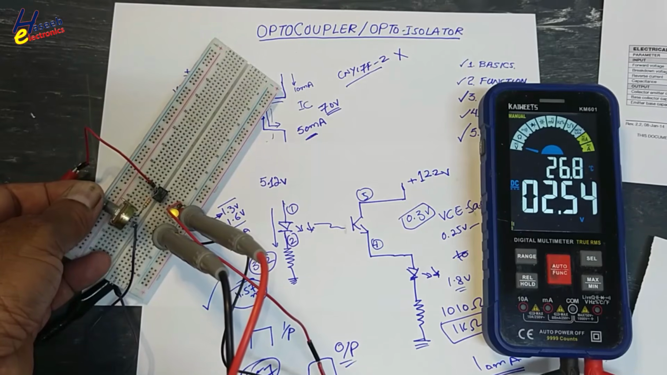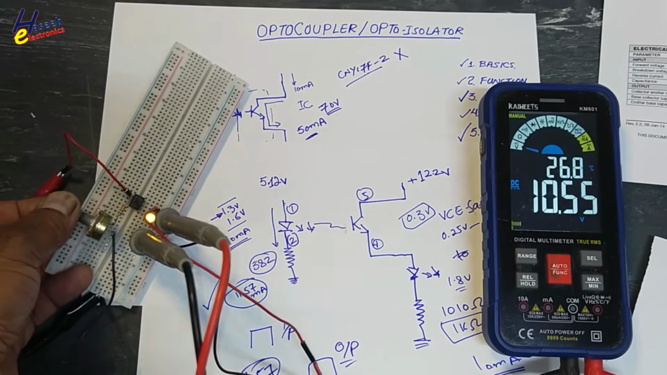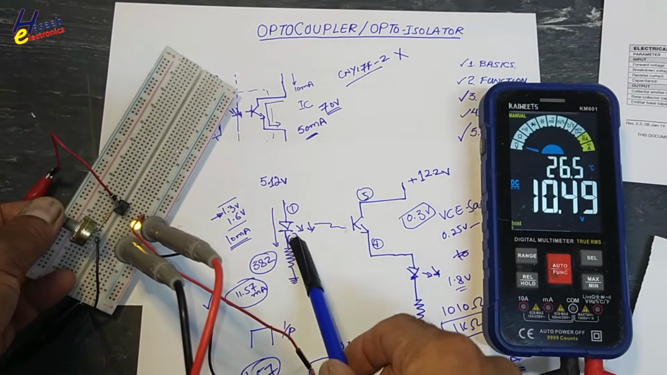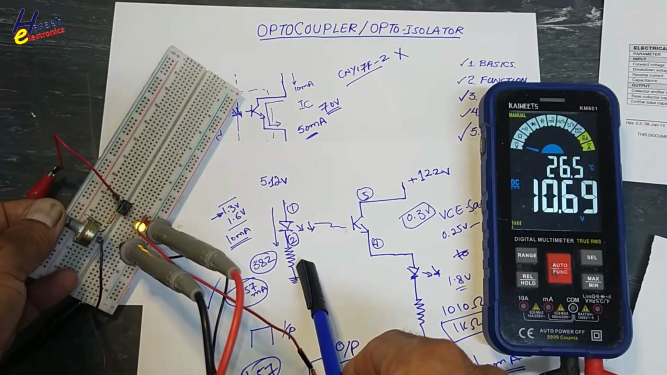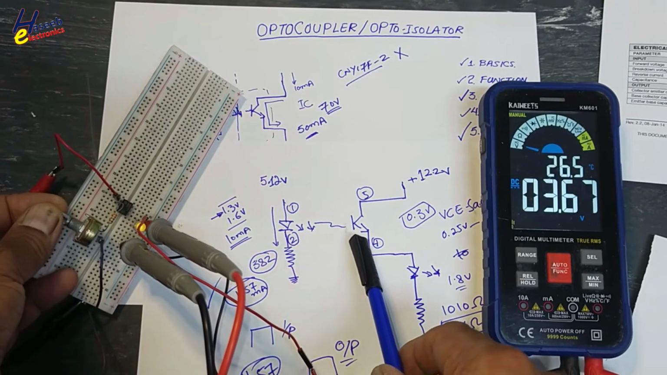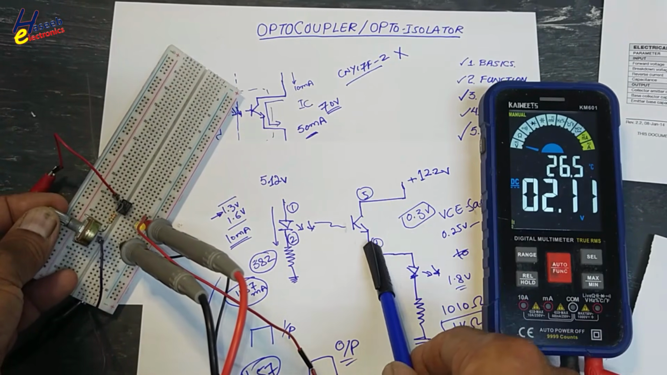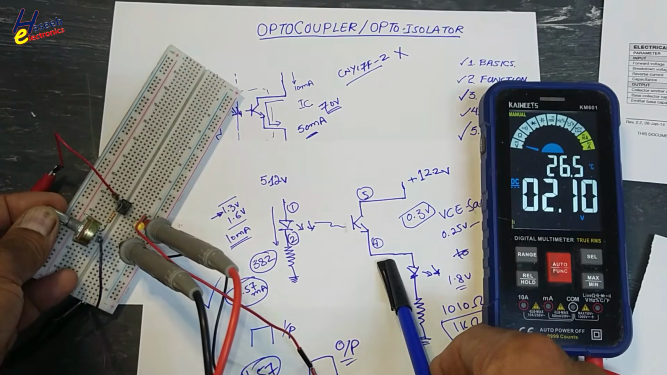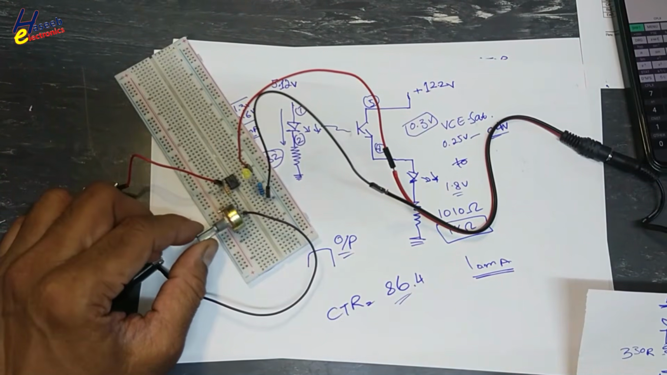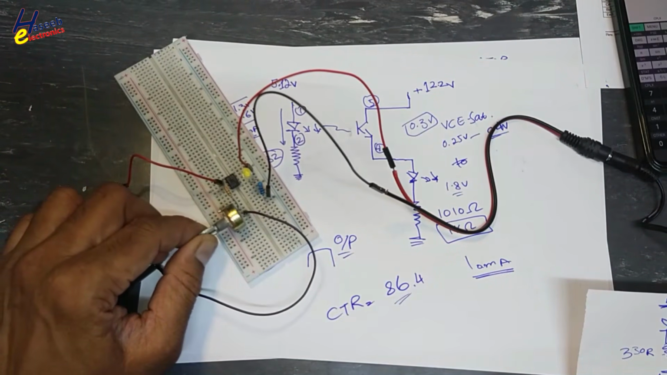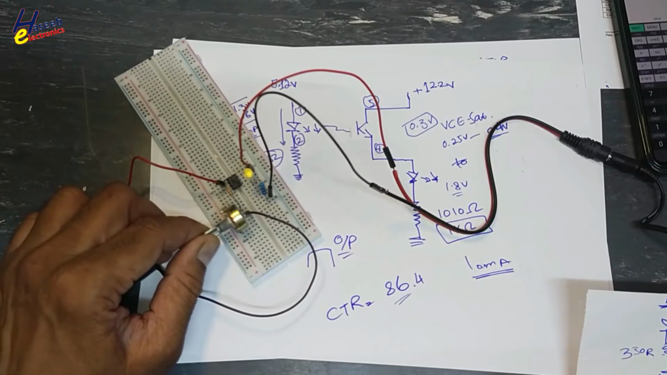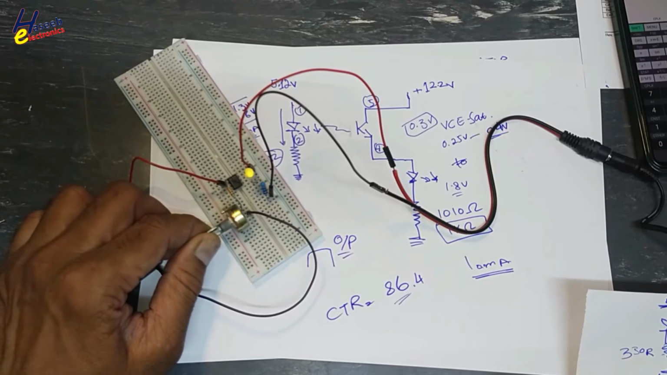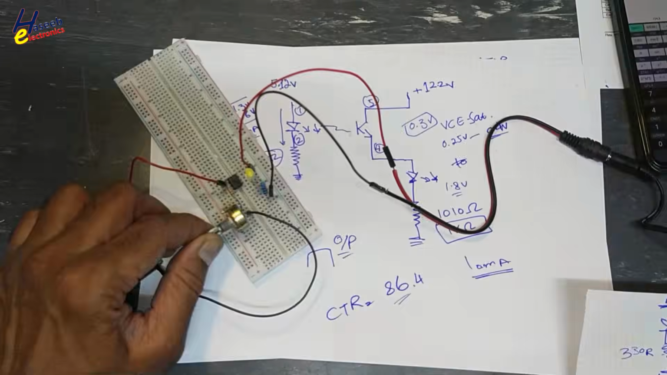When we are controlling the LED current, that is the forward current of this optocoupler LED, IRED, it is controlling the output current, that is the collector current. Now if I adjust the resistor, we are controlling the brightness. Optocoupler,